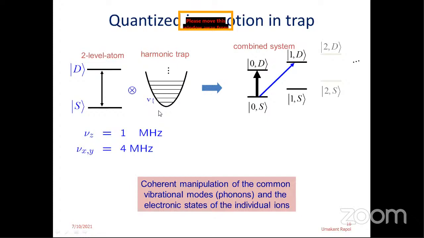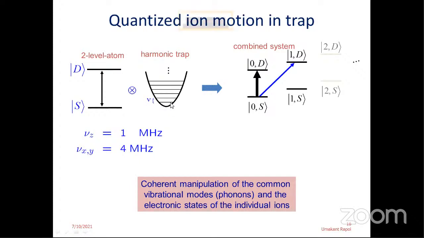And you can excite different modes. You can excite the atom from one of these levels to any of the different levels. If it's in the ground state, you can excite it to higher levels. When it's in the higher levels, you can excite it to either an upper or a lower level. Now, on the left side, you have the internal state of an atom, S and D. This internal state gets modulated by the energy levels of the trap. So the combined system energy levels are shown here. This is when the atom is in the lowest ground state, so the 0 is the motional state. Motional state means these energy levels of the harmonic oscillator potential.